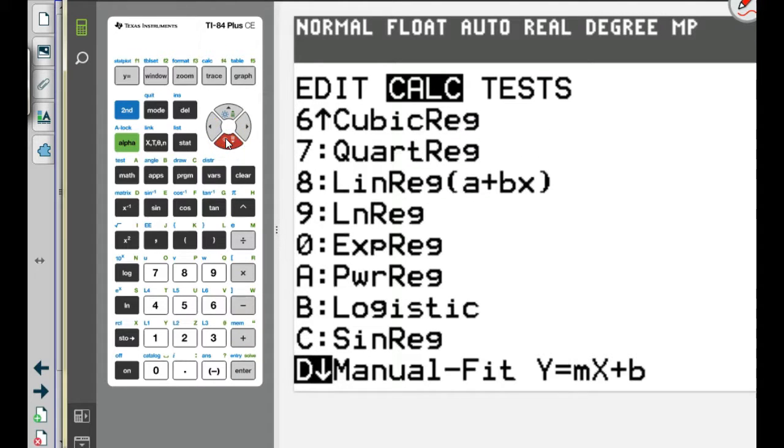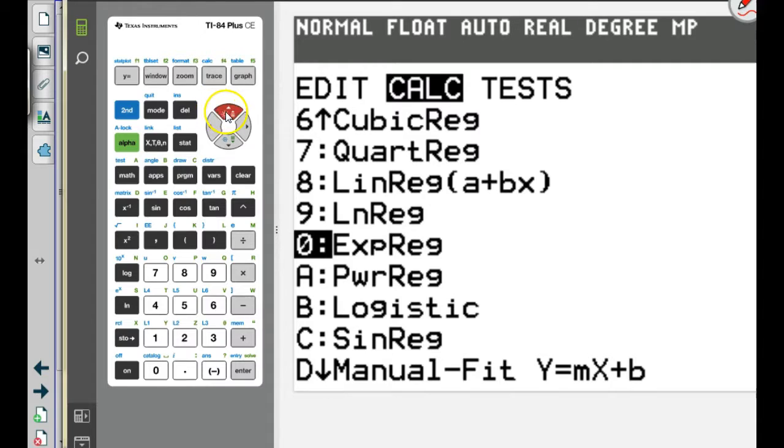What's the only one that says something about log? No, this is logistic, which is the one that totally flattens out. The only other one that has to do with a log is this ln. Okay, so this is logarithmic,